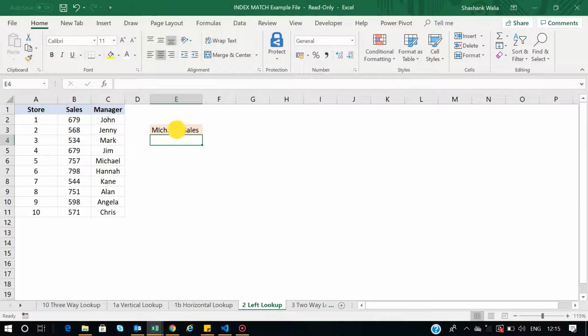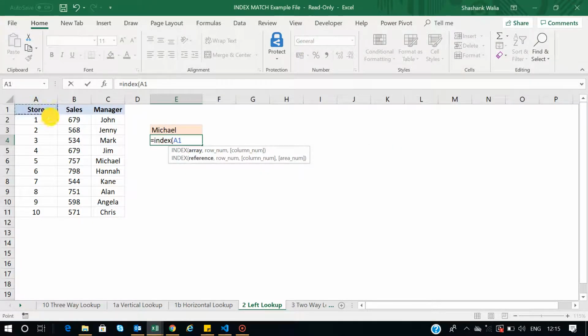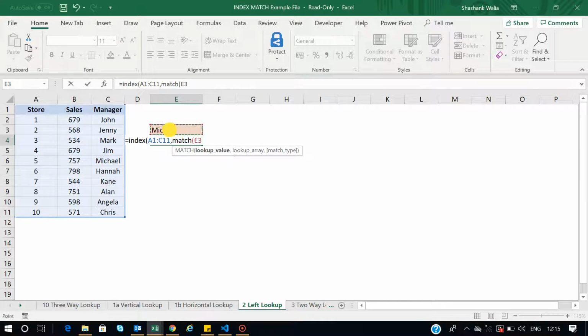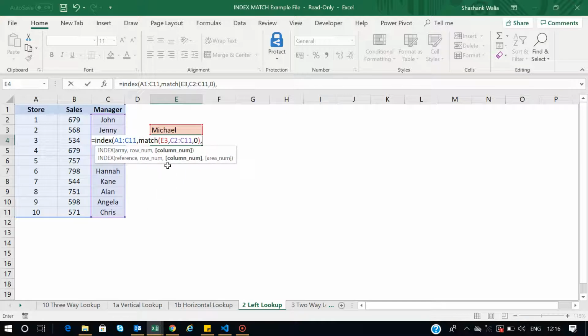So I will just use this cell as the input. I will remove the sales. So is equal to INDEX and the data array. This is my whole data, and the row number, I do not know the row number, so I will type the MATCH function here, and the lookup value, this is my lookup value, and the array. So I am trying to find the name, trying to match the name with the data. So that is why I will select this name column, and match type is always 0, close parenthesis, comma, and the column number. So where is the data? The data is in my second column, so I will select the second column, close parenthesis, and press enter.